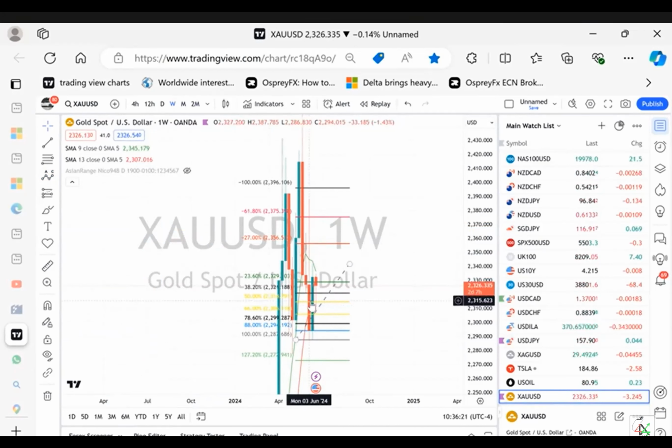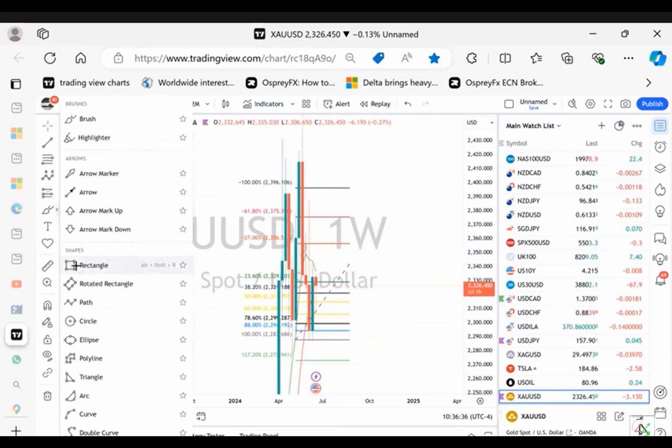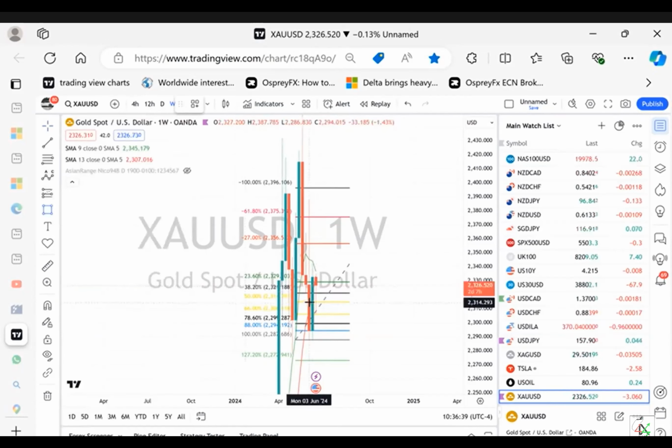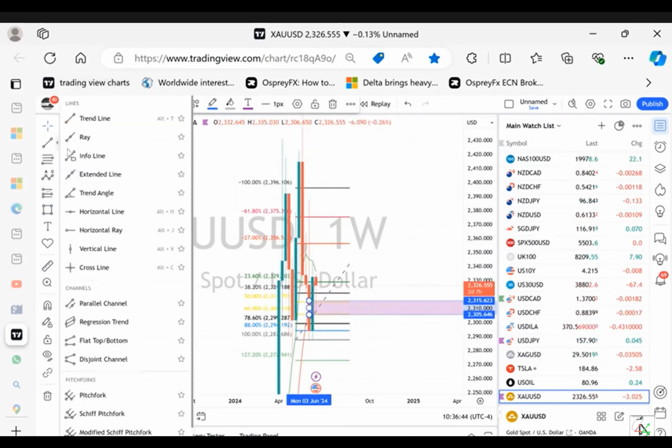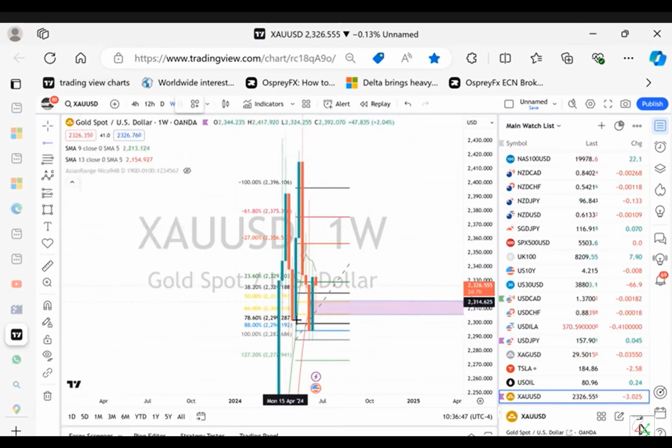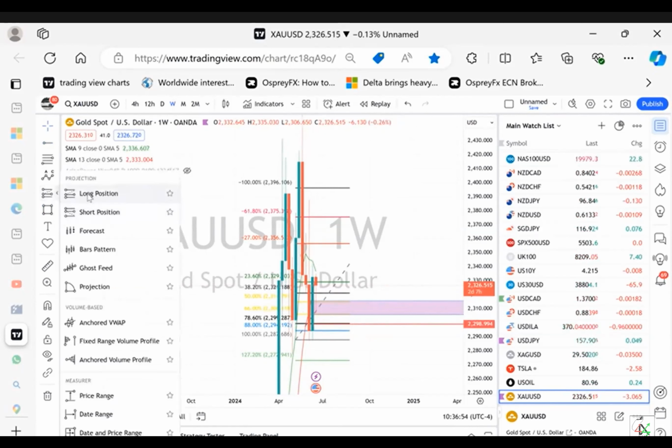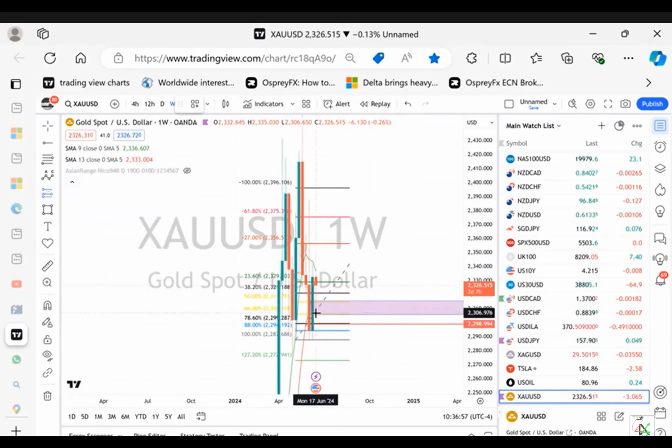This week you had the bullish order block on gold, so my expectation was for the market to open up and go down into that order block. If I fib this green candle, I will mark my golden zone. I will put a ray at my 78, horizontal ray. And if you want to make this an overly simplified version, you can put your long tool, you can enter the trade